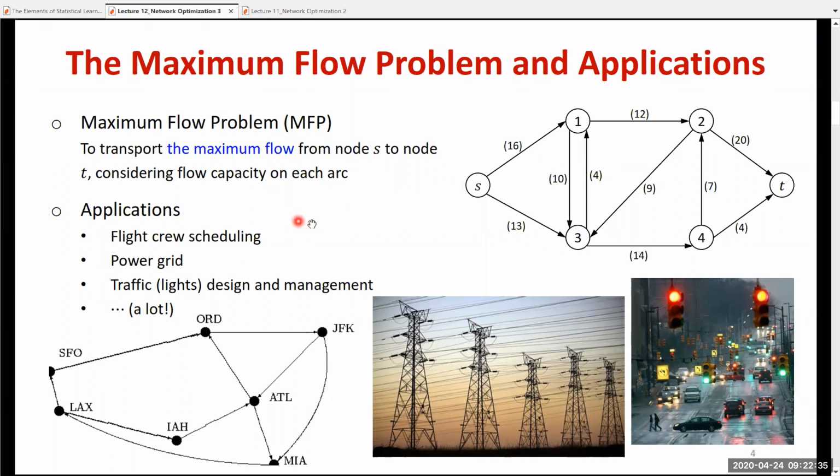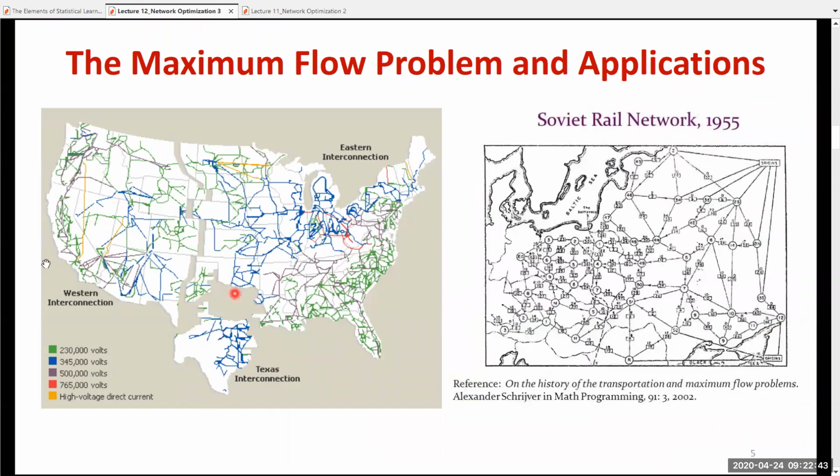Yes, application one. A very important thing is this kind of power grid problem that I want to design. For example, a power grid in the whole United States, or let's make our life much smaller. Let's say in Fargo, which is around this area. And how would you design this kind of network? Or let's say, based on the given network, how would you actually transport the power so that from A to B it's going to be maximum